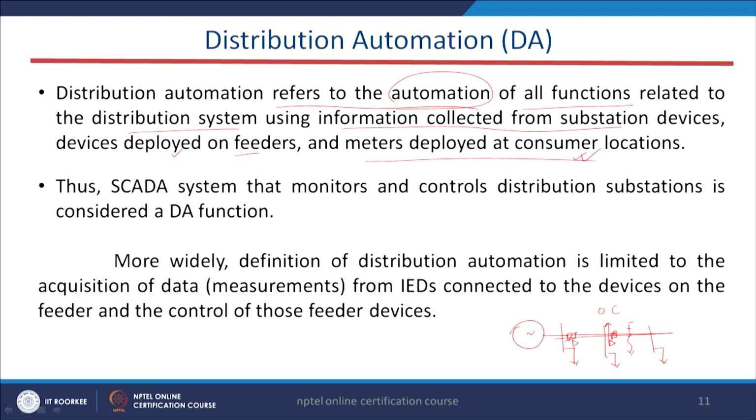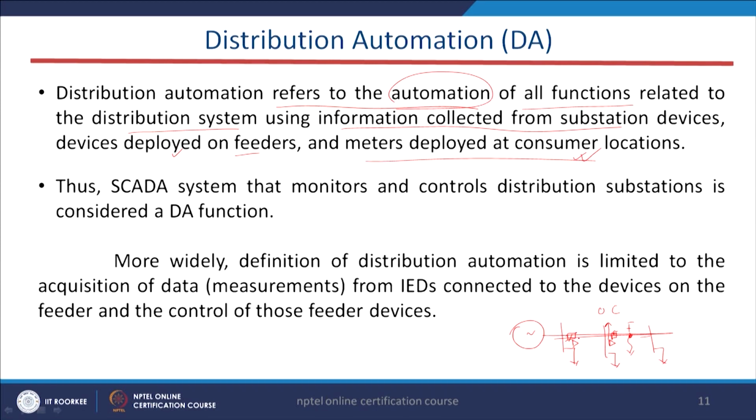So, if any fault is incepted in this section, the relay will receive the current through the secondary of the CT, current transformer, and it will send a trip command to this circuit breaker, and the circuit breaker will try to open that particular section. So, that means those relay information